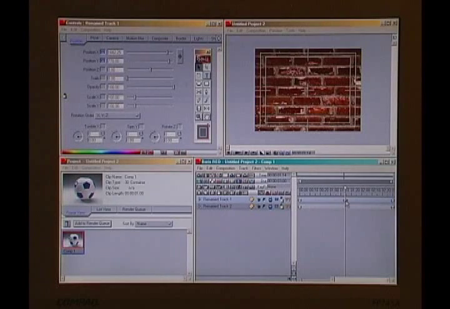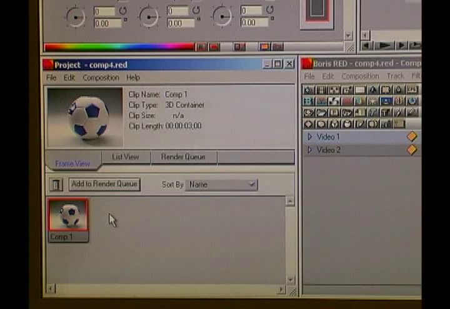There's one more I want to show you really quickly, and that's the project window. Okay, as for the project window, I'm going to be completely honest with you, I don't use it. I usually close it here and extend this timeline all the way over so I have more real estate to work with. That's up to you. I'm going to show you what it does, and then you can make your own conclusion about how useful it is. The project window will allow you to add more compositions to it and keep track of your compositions here,